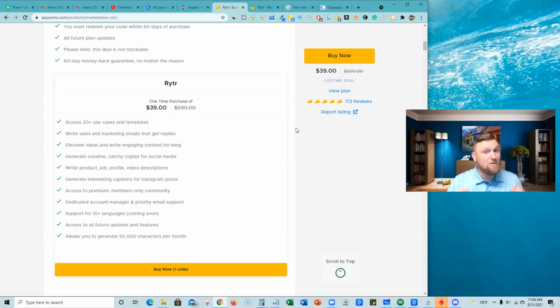So people do love this software. One thing I think that people probably aren't loving about is the one-time payment. Now, if you're only going to use this for emails and coming up with headlines for your blogs, but you're going to use Jarvis or another tool to do your AI writing, then this $39 would be just fine. But if you plan on using this as your primary AI writing tool, then this deal is actually not